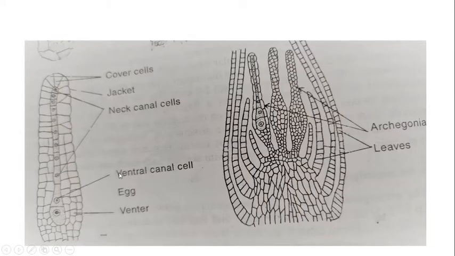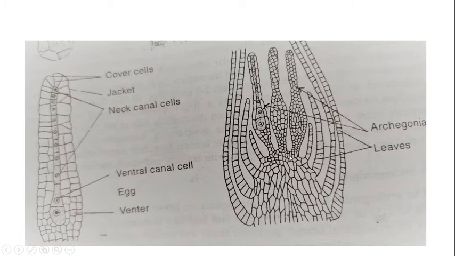Okay. Now, this is the structure of the archegonium. Why are we discussing the structure of the archegonium here? Because fertilization takes place inside the archegonium. The egg will get fertilized and then it will form the sporophyte. So, let us see how the archegonium looks. You can see groups of archegonia present at the apical position, or the tip of the branch. So actually it is the archegonial branch, or you can say a female branch.